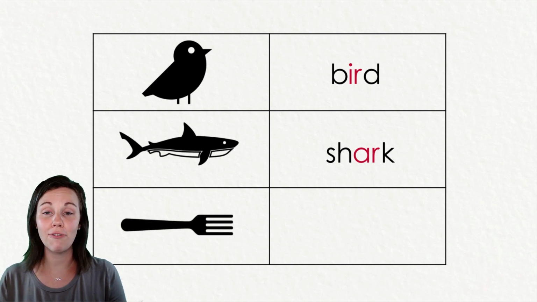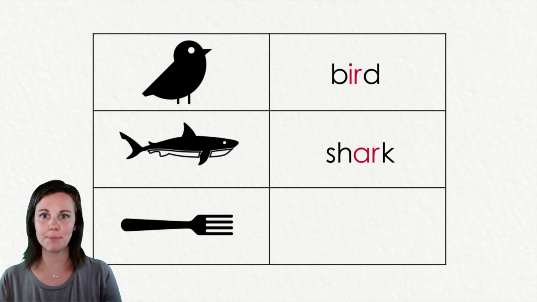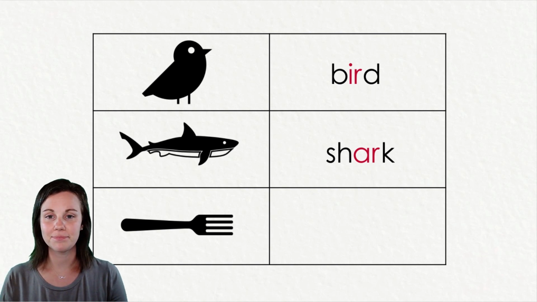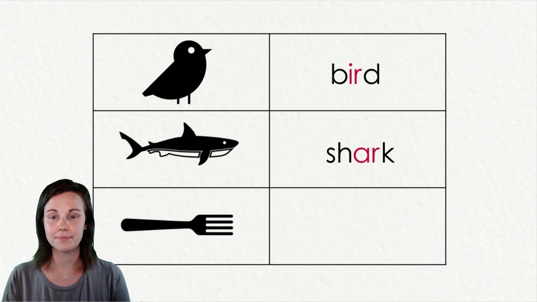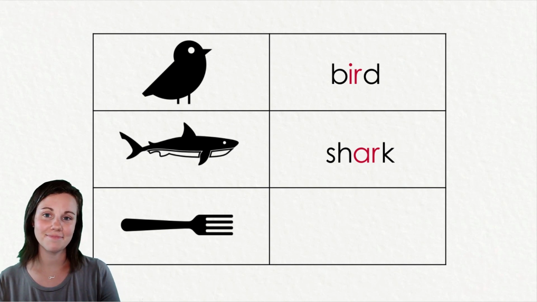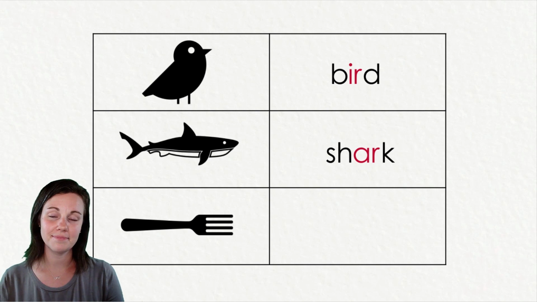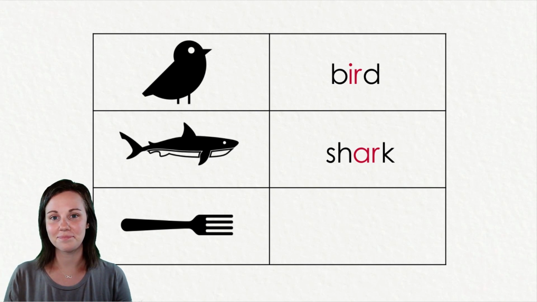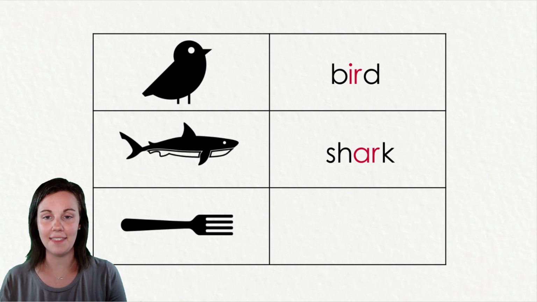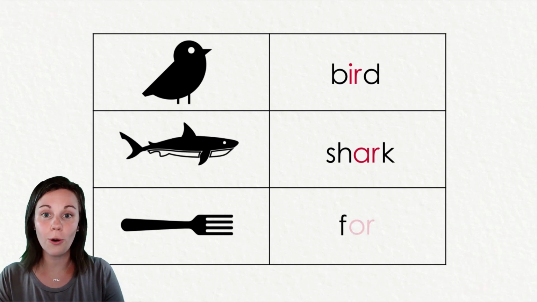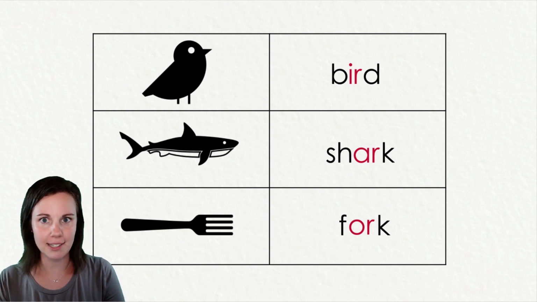This is the word fork. Tap it out and spell it on your paper. Fork. I heard or in the middle. Fork. Spell it with me. F-O-R-K. Great spelling. Now you'll have a chance to write a silly sentence using those 3 R-controlled words we just